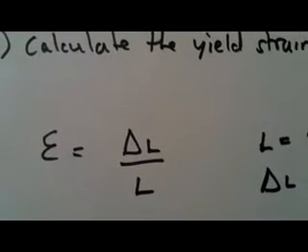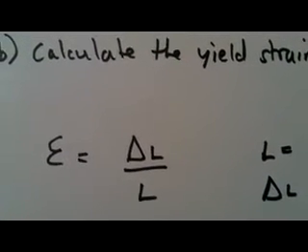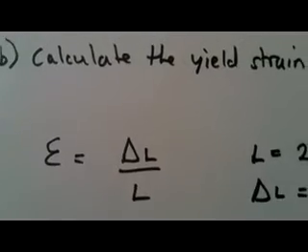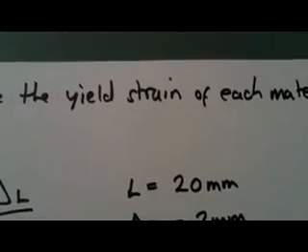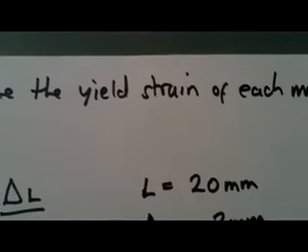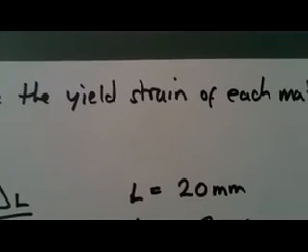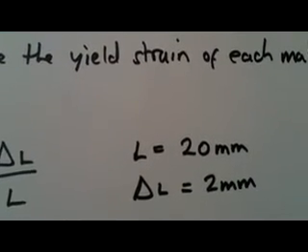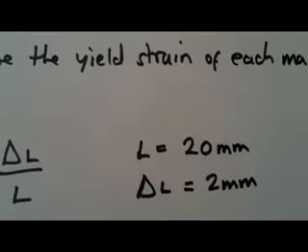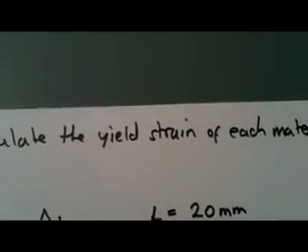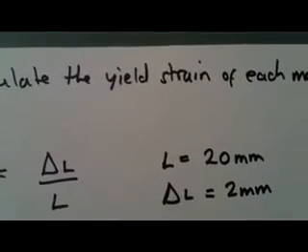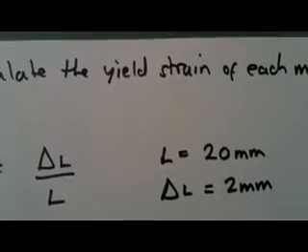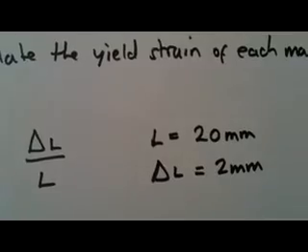So all you need to do is the original length of the specimen, which you'll have noted down, and I think it was something like 20 mil, though I might be slightly wrong. The original length of the specimen was 20 mil. So all you've got to do is work out the change in length. And what you'll notice is it asks for the yield strain. So what it's asking for is the amount of extension, the change in length of that particular material at the